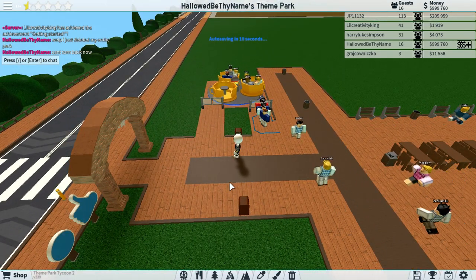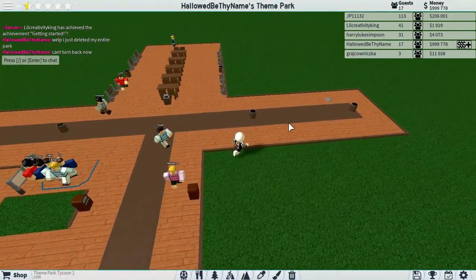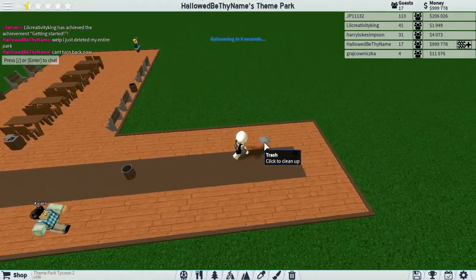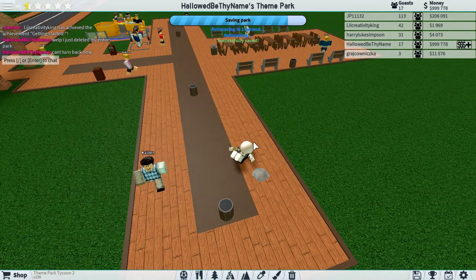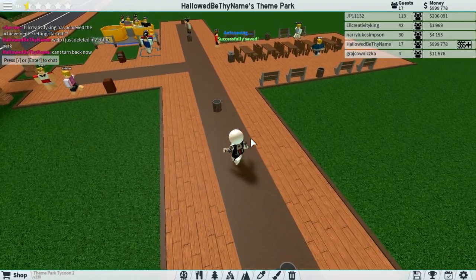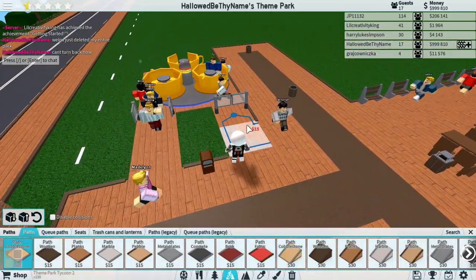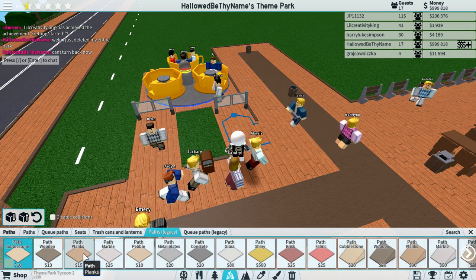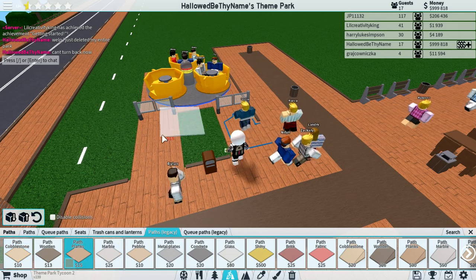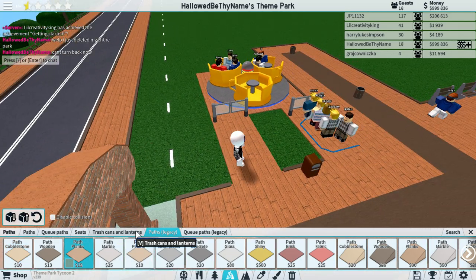Now, my next tip for getting more stars. Let me clean up this first. My next tip is, instead of using the normal queue paths, you're going to use the legacy ones. And I'll explain why. Not because I've been playing this game for a long time and the legacy ones are just nostalgia. The reason why I use the legacy ones is because then what you could do